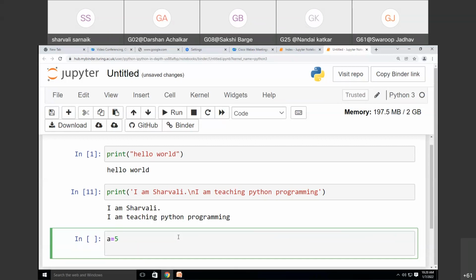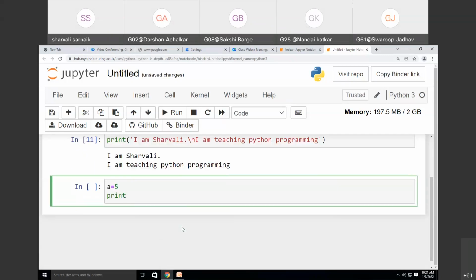Now I want to print this value. So again I need to use a print function. I'm writing print, and inside the brackets, suppose I have written A in quotes.